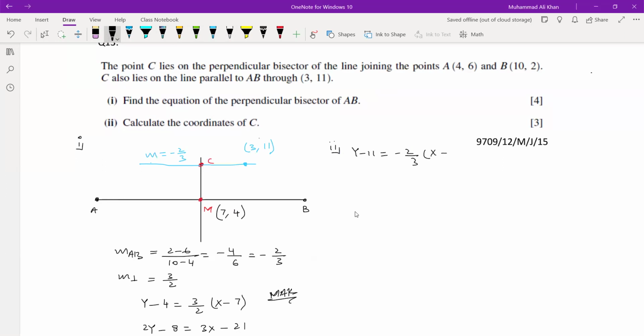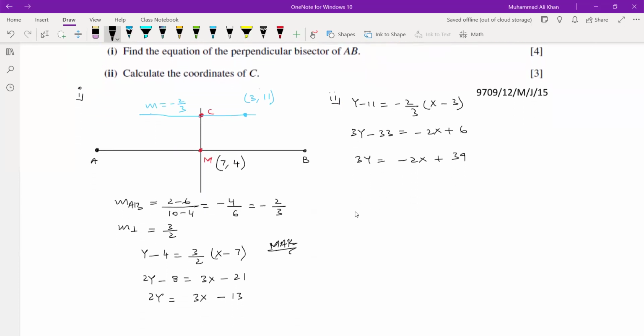X minus x1, x1 is 3. Cross multiply: 3y minus 33 equals to minus 2x plus 6, and 3y equals to minus 2x plus 39. This is the equation of blue line, and the equation of perpendicular bisector is 2y equals to